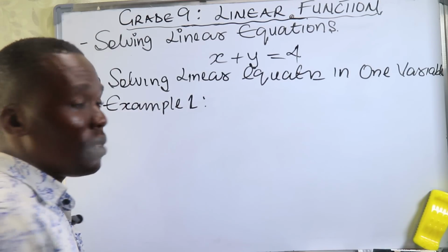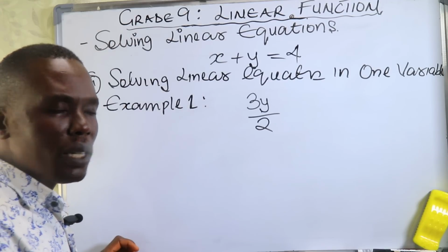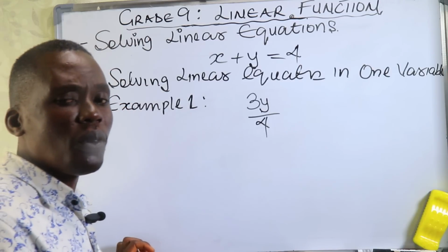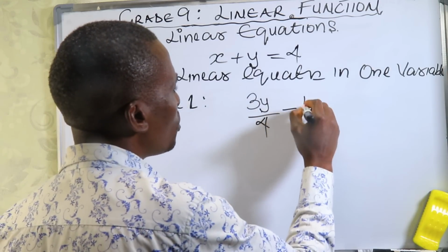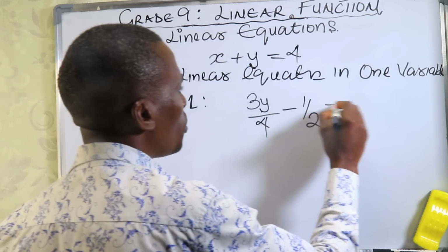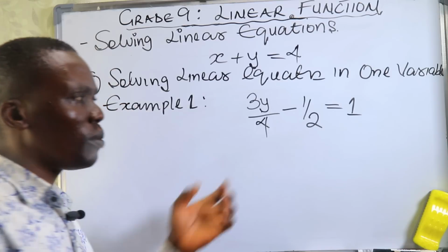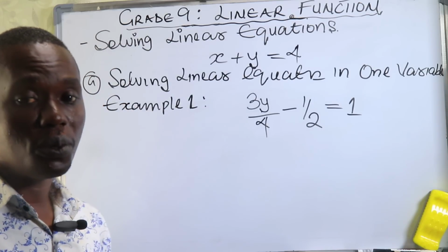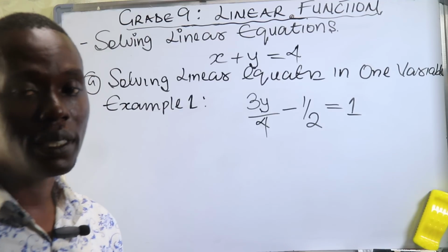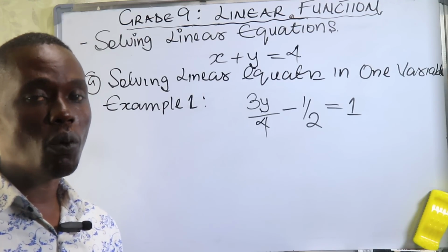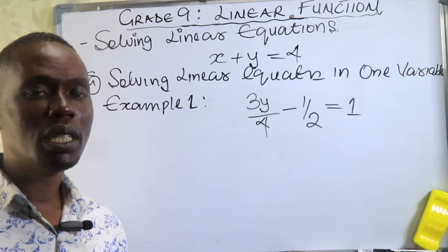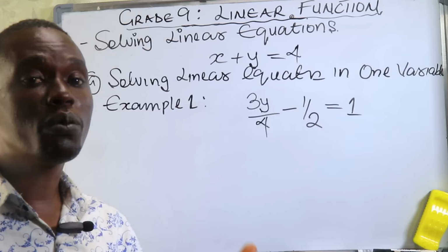Let's assume you are given 3y divided by 4, minus 1 divided by 2, and you are told that it is equal to 1, and you are asked to find the value of y. Now, this is a fractional equation that requires solving using the lowest common multiple. So if there are any fractional terms, what you need to do is to look for the least